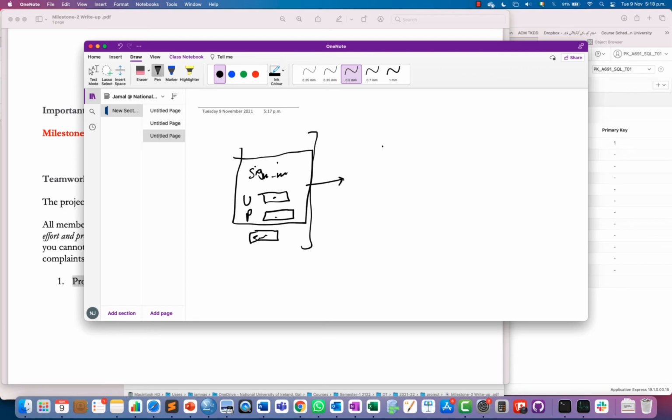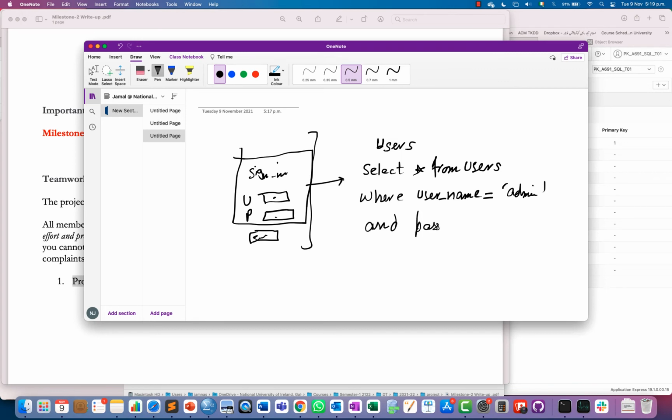So actually you would have some users table at the backend, and you would be executing one statement, for example select star from users where, for example, the attribute user underscore name is equal to this data, let's say admin, and password, so the password should be coming from here, for example 123.